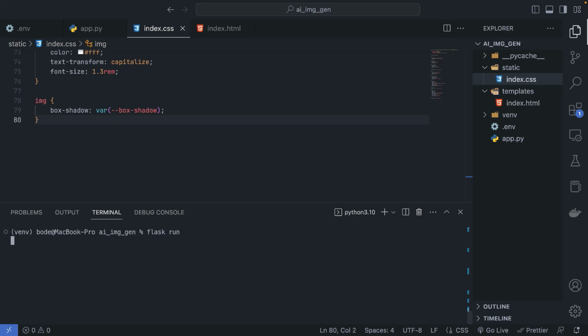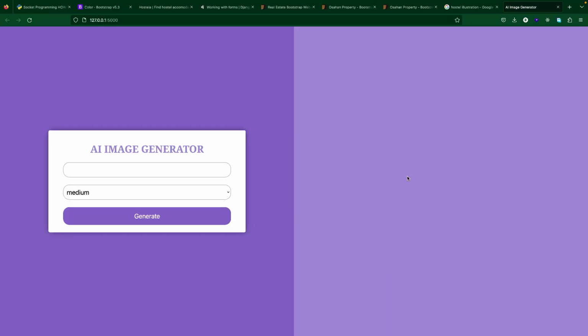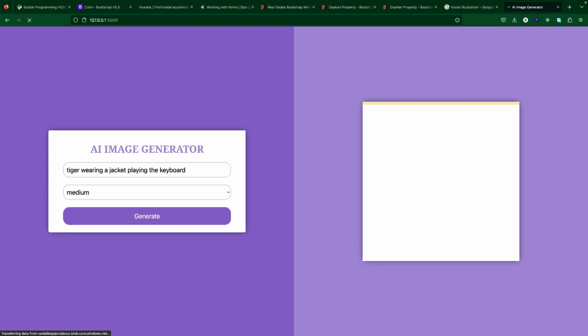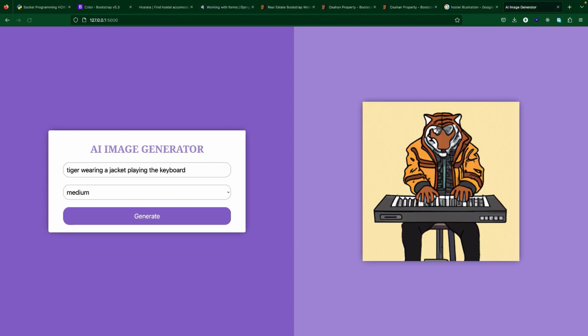All you just have to do is run the server and check the website, and you can see that everything is working fine. Then you can type in a prompt and generate the image. You can see the loading symbol at the front and the image